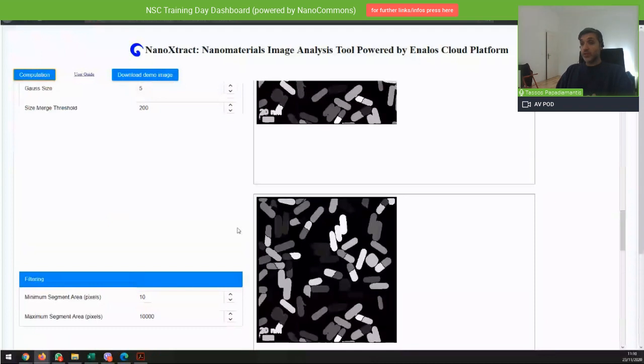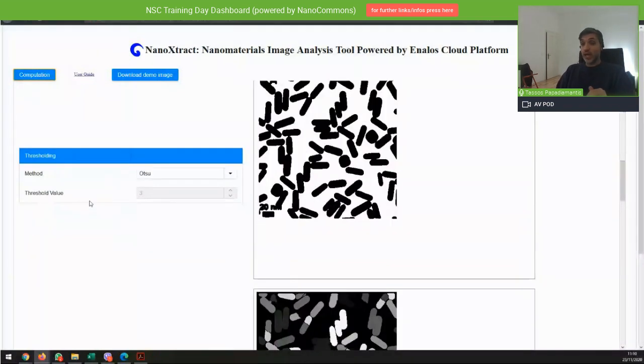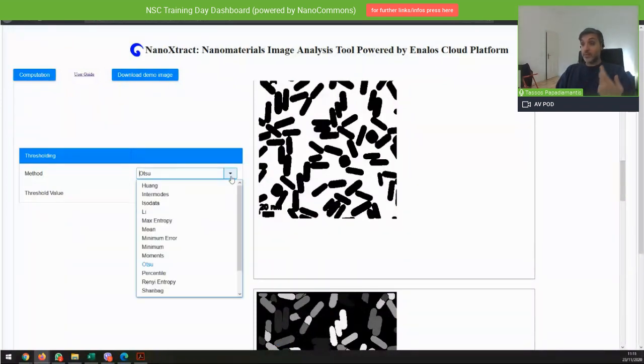Another thing that we can do to see whether things can become better is change the thresholding algorithm that we use. This can have a huge effect even if you think that a material works really well with a specific algorithm. Based on experience, I have found that these two, the minimum error and the minimum, work pretty well with nanorods.